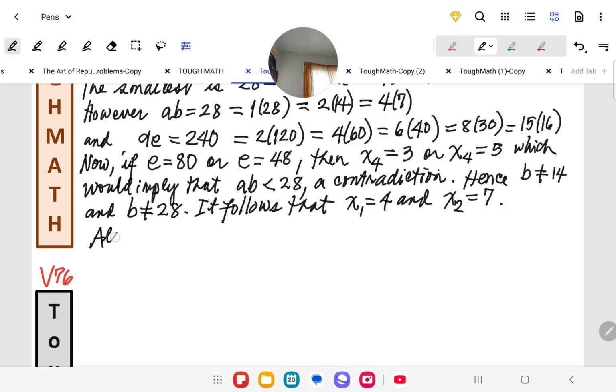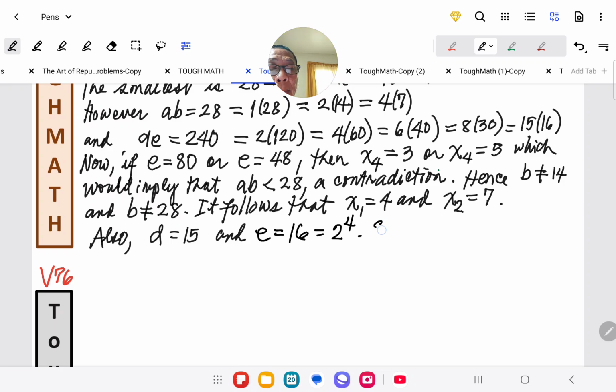Also, D must be 15, and E must be 16, which is equal to 2 to the 4. Since 128 is equal to 2 to the 7,